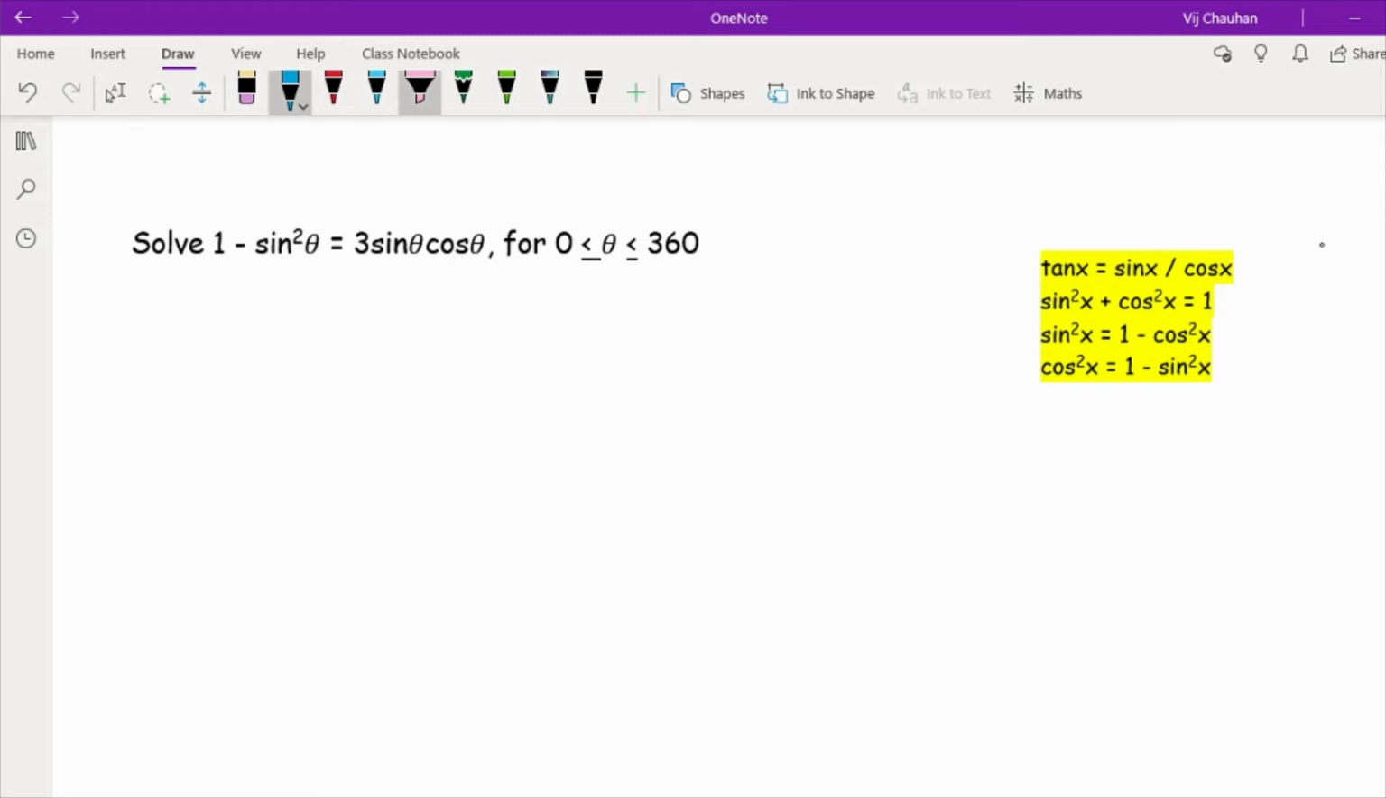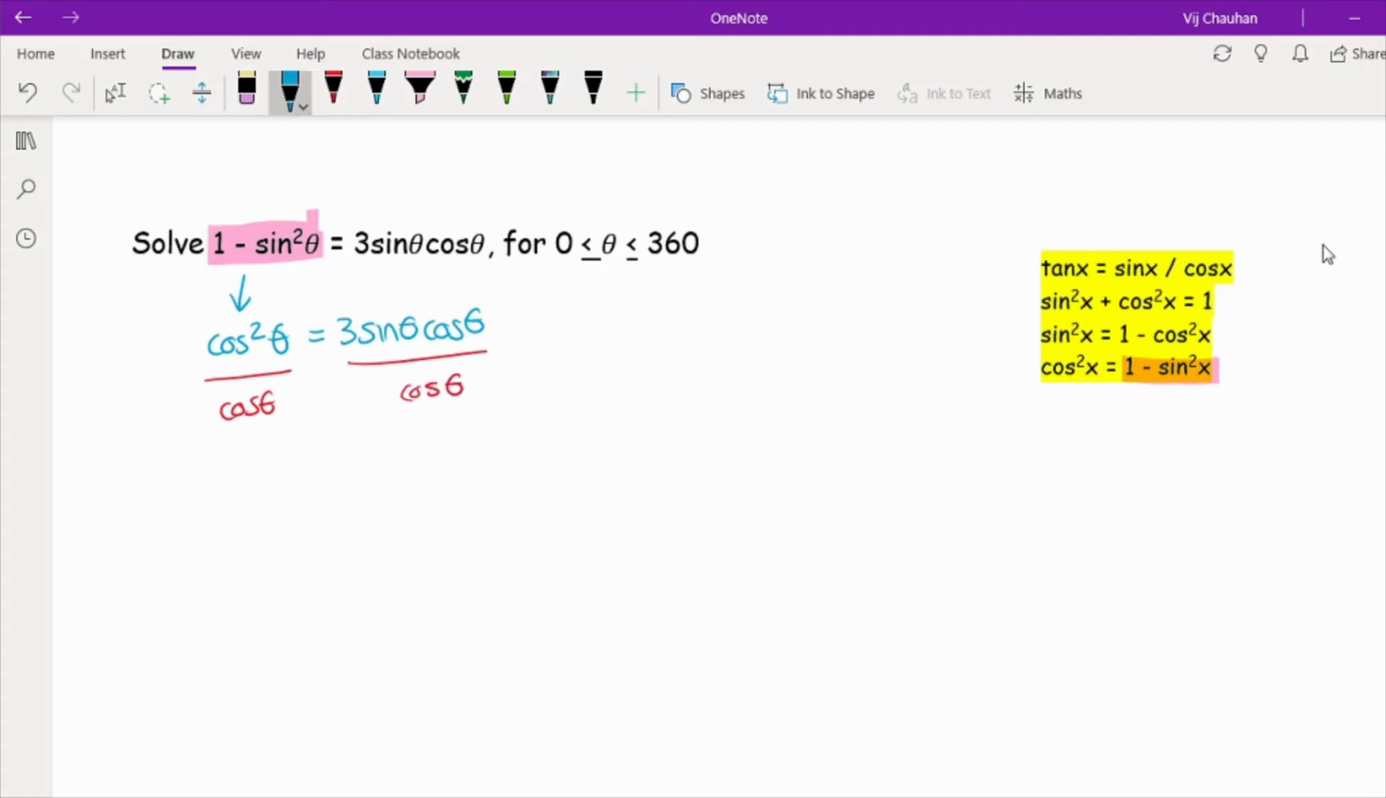So looking at this and trying to spot something that resembles a power, one thing I can definitely see straight away is that I recognise 1 minus sine squared theta, because 1 minus sine squared theta is equal to cos squared theta. So what I'm going to do here is replace this with cos squared theta equals 3 sine theta cos theta. Now my main objective is to try and get a single trig ratio, so if I now divide both sides by cos theta,